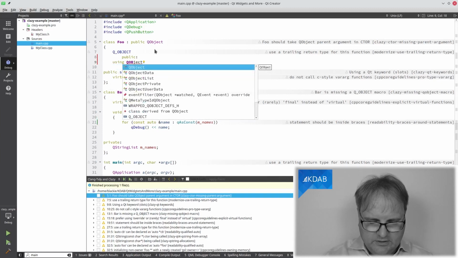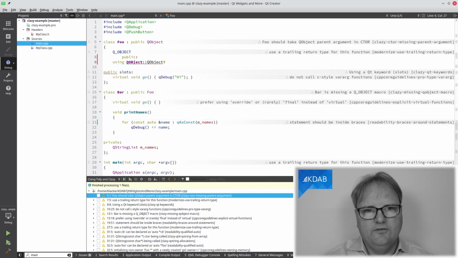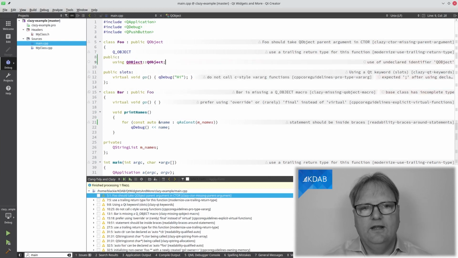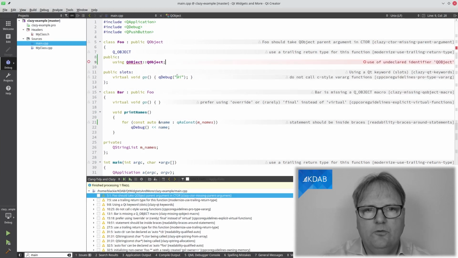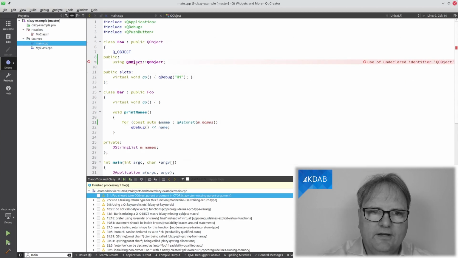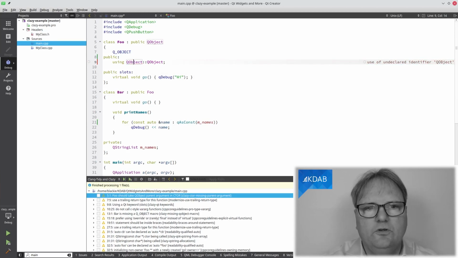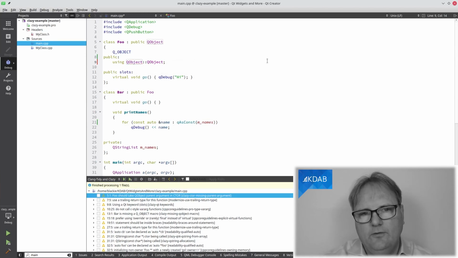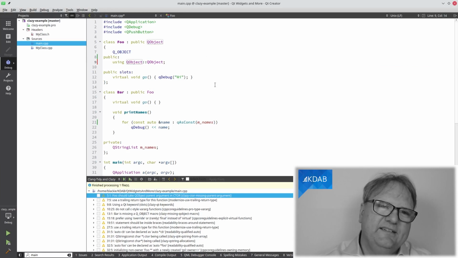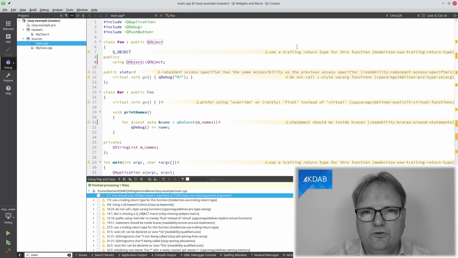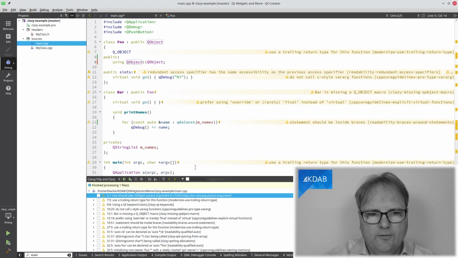So I should really have done something like this to make it go silent on me here. Using QObject::QObject, semicolon. And now that error will go away, hopefully eventually up here. That's if I spelled it correctly, it would go away. So now they'll be running behind the scenes again, and you'll notice that it will not show up, this one.